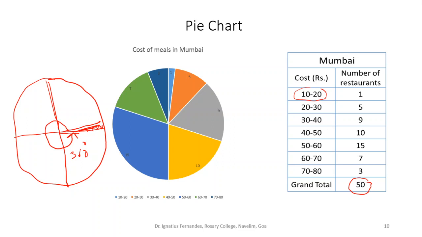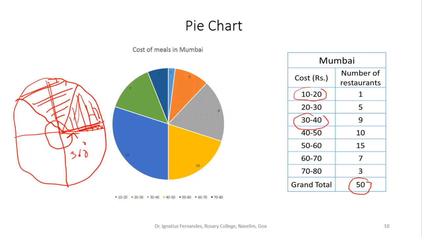20 to 30 is 5 parts. So the next 5 parts, if this is one part, 5 parts will be something like this many. So for 20 to 30, there are 5 parts, and these are assigned to 20 to 30. Next are 9 parts, so like this I have to consider 9 parts: 1, 2, 3, 4, 5, 6, 7, like this. So 9 parts, let us say somewhere here. Then this part I'll mark for 30 to 40.